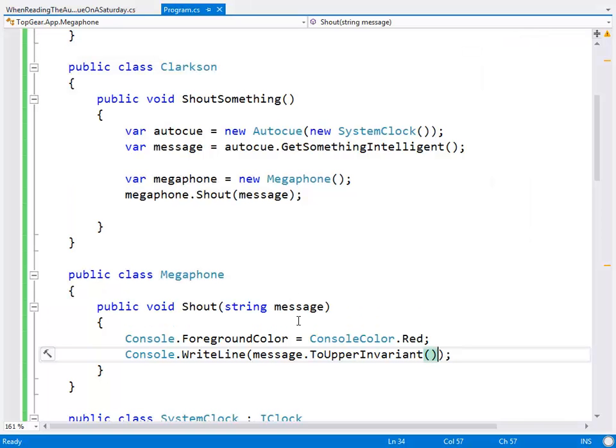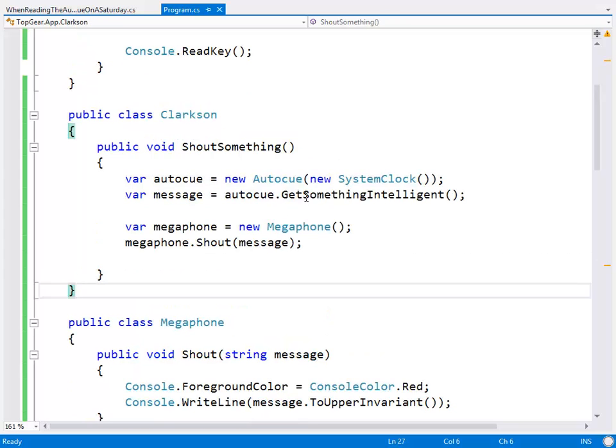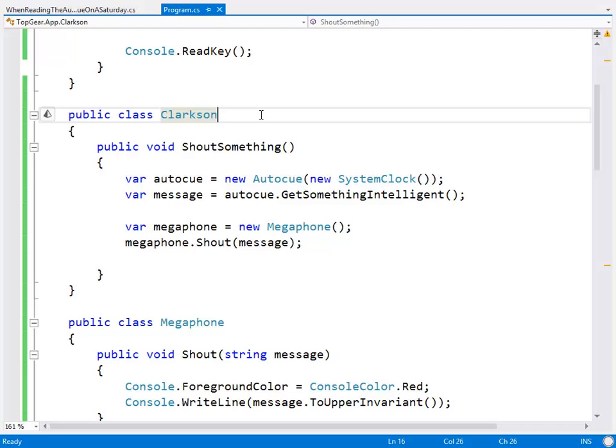Now, the problem we have at the moment is that we can test an AutoQueue because we can create it, right? But we can't test a Clarkson, right? If we want to test a Clarkson, all we can do is new it up and call the same method as we did in the beginning, and we've still got this opaque box of, well, what does it actually do? So what we want to use is the dependency inversion principle again to say, well, rather than have a class be responsible for creating its own dependencies, I want someone else to supply them for me.